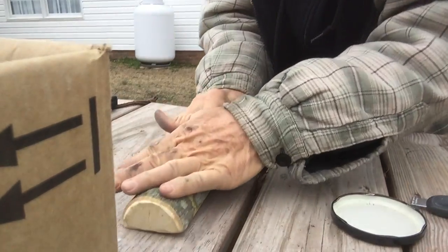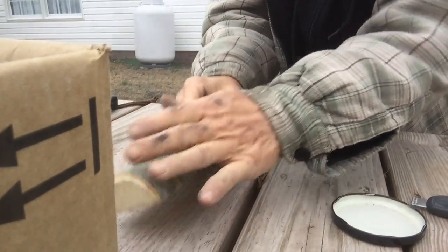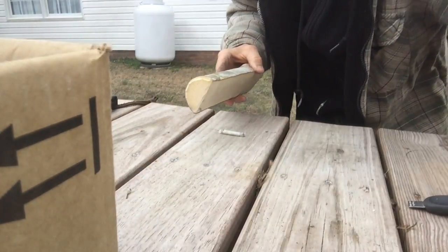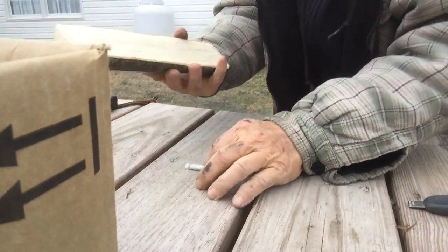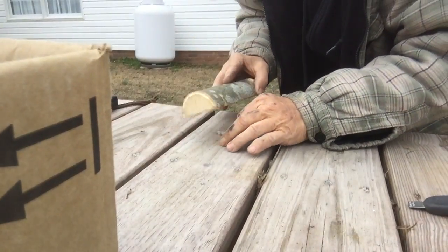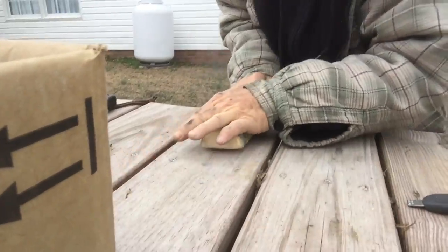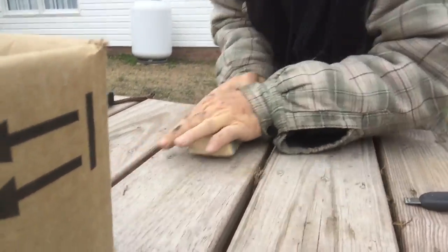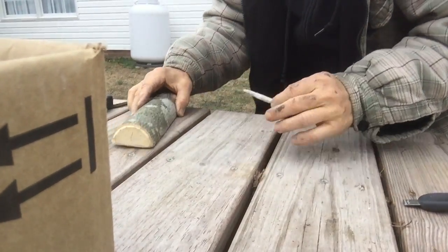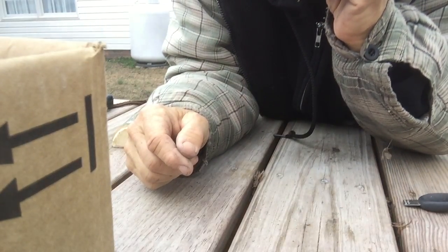And I'm going to roll it to get it tight so that that ash will act as kind of a greater friction against the cotton fibers. And again, I've never used this here before, but I'm going to go ahead and try to get it tight. And once I've gotten it tight, I'm going to try to create the friction I need. Put it to my lips to see if there's any heat. A little bit of heat, but